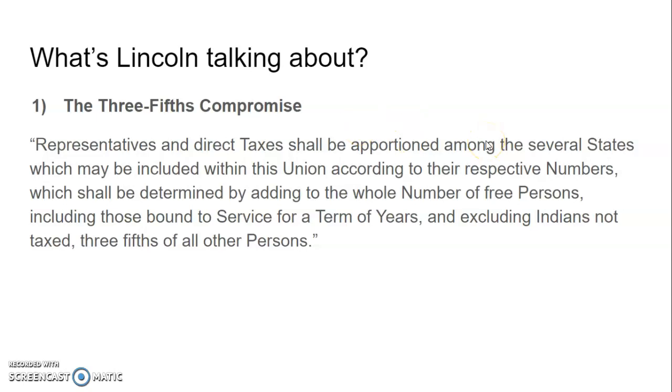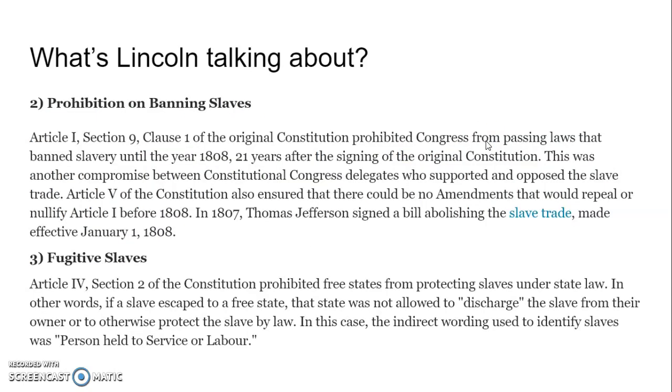And so I'm not going to read that one. But the other things that we find, there's two other provisions in the Constitution early on. There was an actual ban on banning slavery, or a prohibition on banning slavery, which said that it could not be banned until the year 1808, which tells us two things.